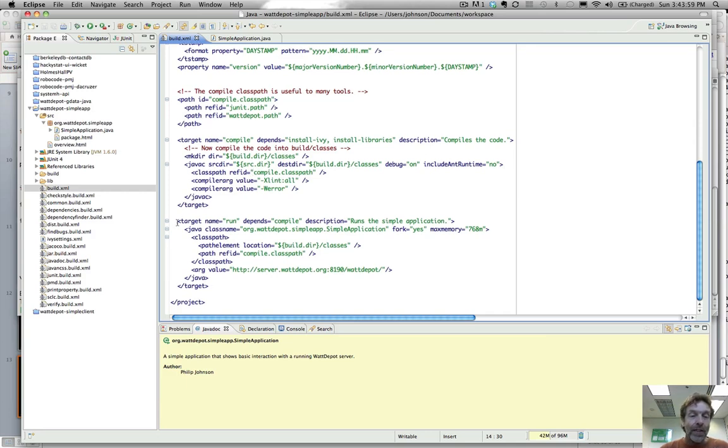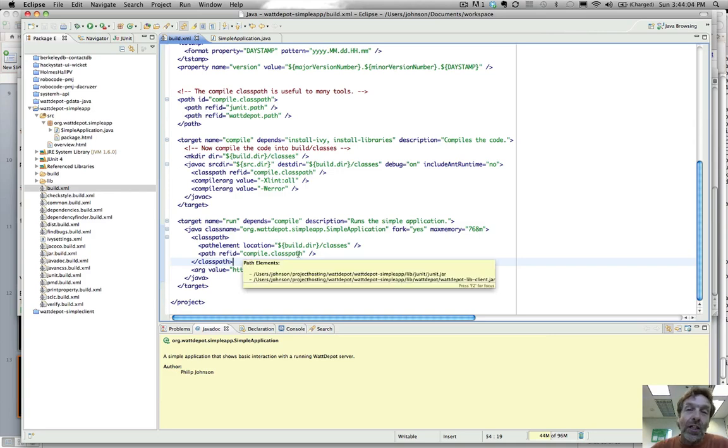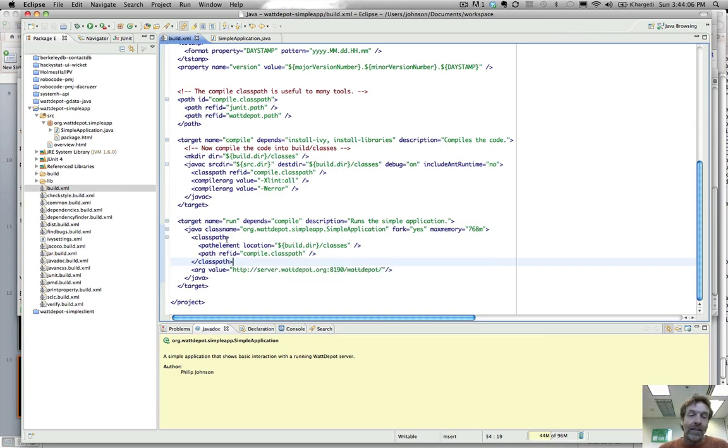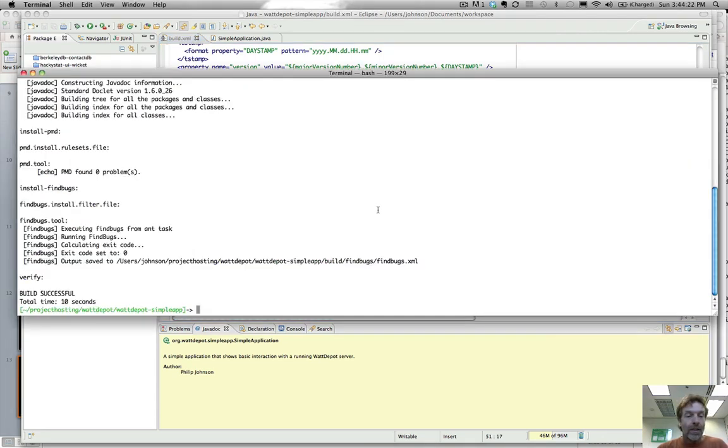But I've also implemented a new target called run, and this is a really nice target to have in many cases, which is to simply, if you've got a system that you're developing that has a main program, here's what the code would look like to actually run your program, and we can see how that works right here. So if I say ant run,